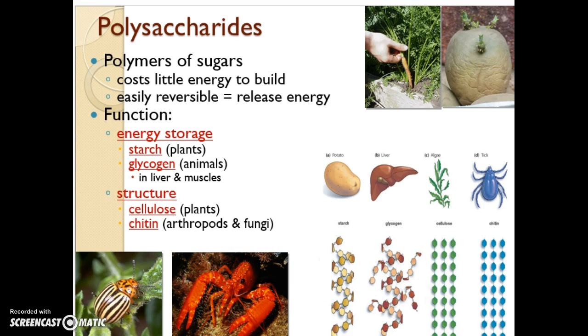Okay, so polysaccharides is what we end up with after going through the polymerization process, or the dehydration reactions, to form a polymer made up of the monomers of saccharides, of sugars. These cost energy to build, they're easily reversible, and they release energy when they are broken apart. So for that reason, they're great storage for energy. And we'll continue this in the next portion of